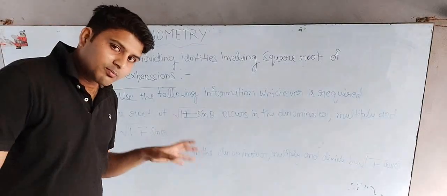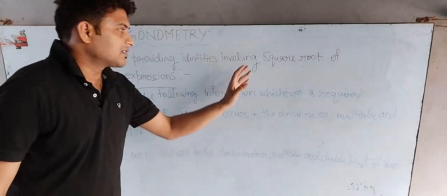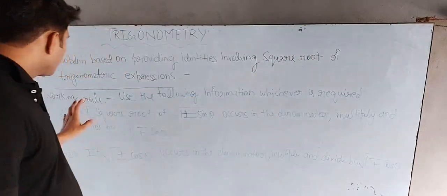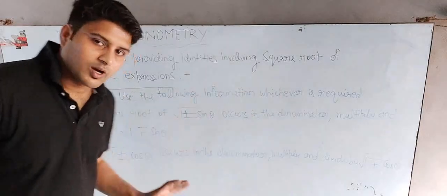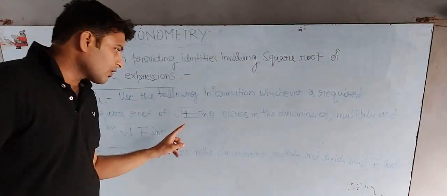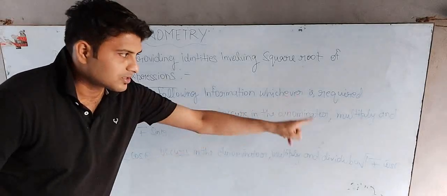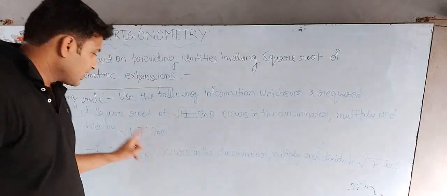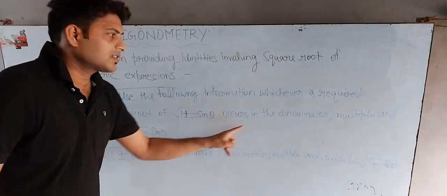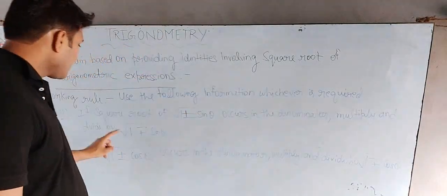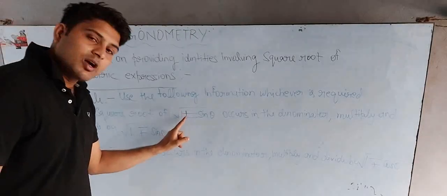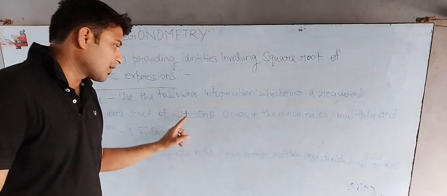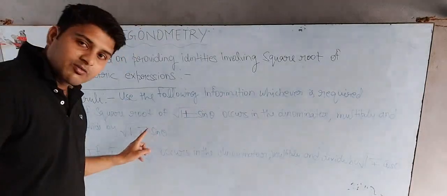Suppose you have a problem based on proving identities involving square root of trigonometric expression. Then use the following information whichever is required. First, if square root of 1 plus sine theta occurs in the denominator, multiply and divide by 1 minus sine theta. And if square root of 1 minus sine theta occurs in the denominator, multiply and divide by 1 plus sine theta. Here when you have 1 plus sine theta, you will multiply and divide by 1 minus sine theta. And if you have 1 minus sine theta, you will multiply and divide by 1 plus sine theta,